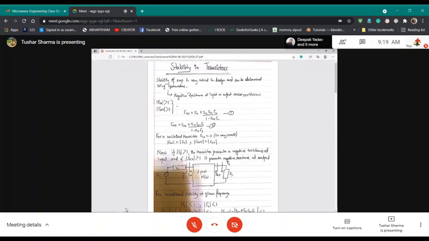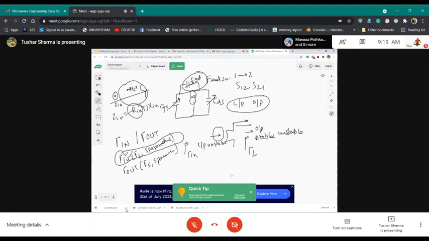So now, when you have a transistor, there are two cases for a given transistor. First, I mentioned CGD. I mentioned that you can have a case where there is a dependency between input and output. When there is a dependency between input and output, that is given by S12 or S21. S21 is usually the gain of your transistor, how much gain your transistor will give. Now, if you have a case where S12 is 0, it will mean that your transistor is unilateral.